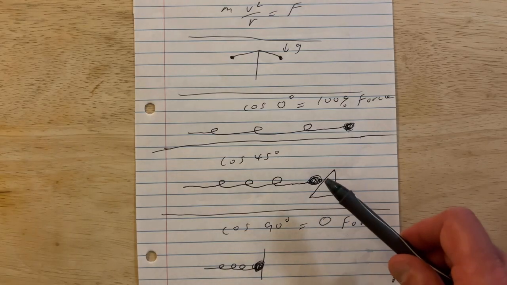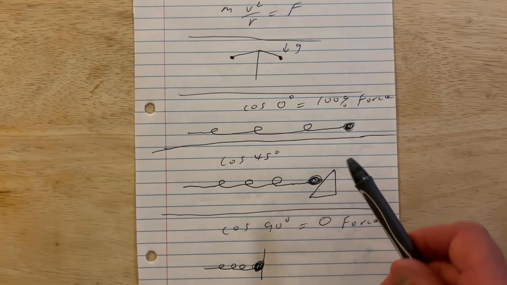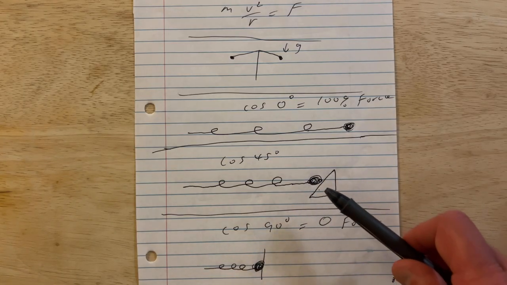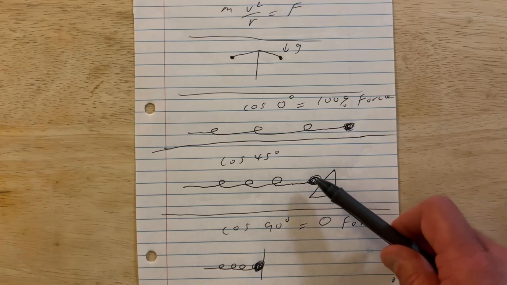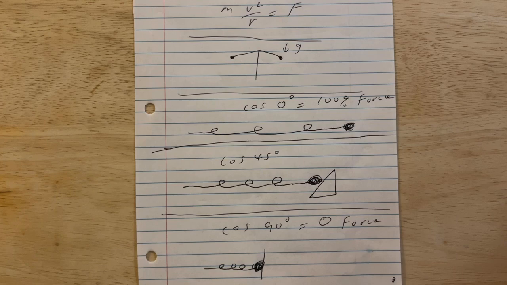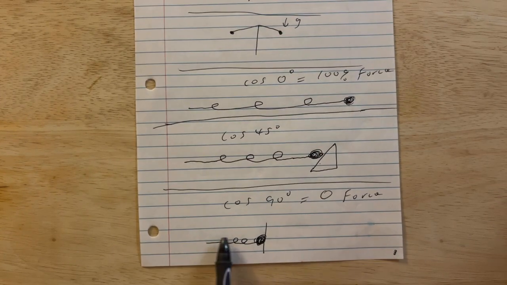If the bank on that curve perfectly matches the car's velocity, then this person will not feel an upward climbing force, causing them to lean over in their seat. Instead, they're just going to feel a downward force directly from their body down into the seat and into the chassis of the car. And then if we have 90 degrees,